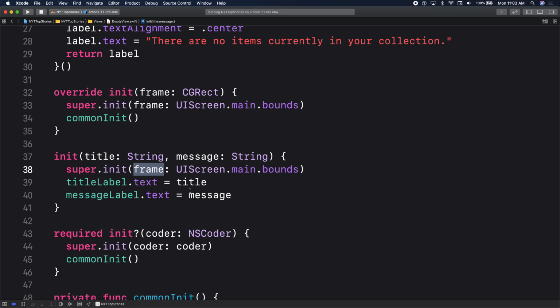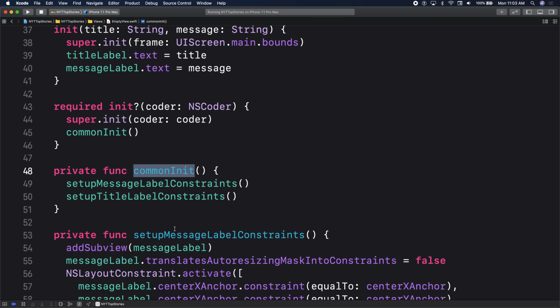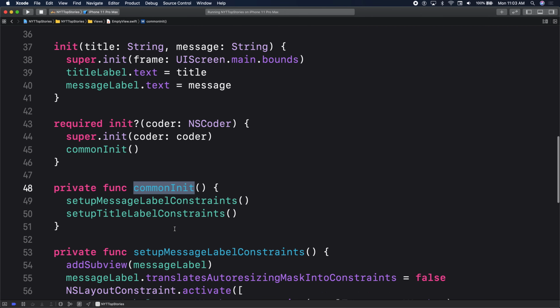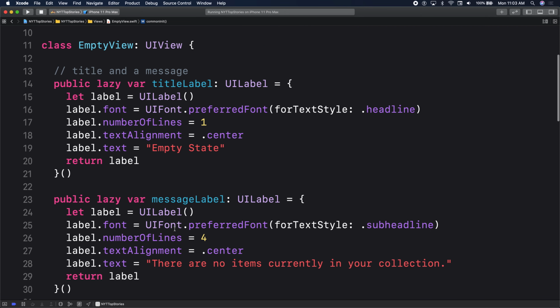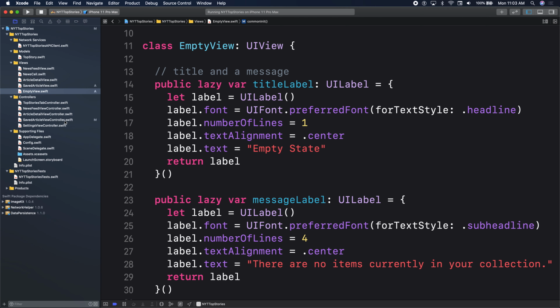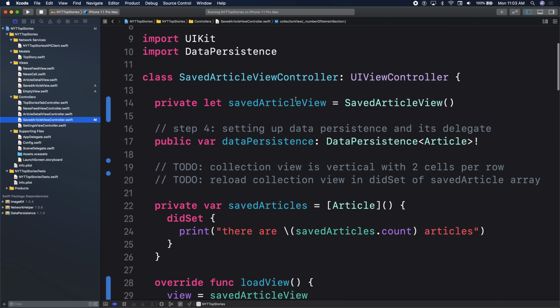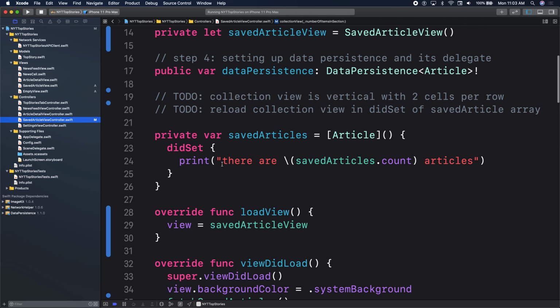All right, cool. We did a bunch of code here. Let's go ahead and try to use it. Make sure you call your setup message label in your common inits. Okay, let's go test this out. Let's go to our saved article view controller. Do we have a did set there somewhere? Okay, perfect. In that did set,